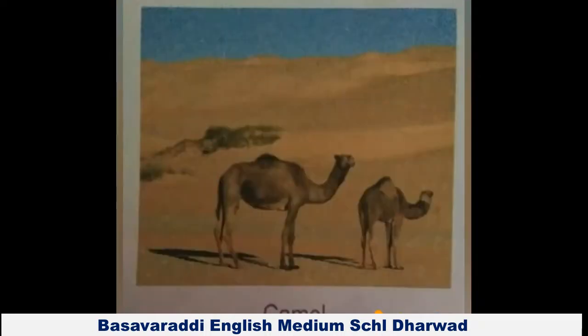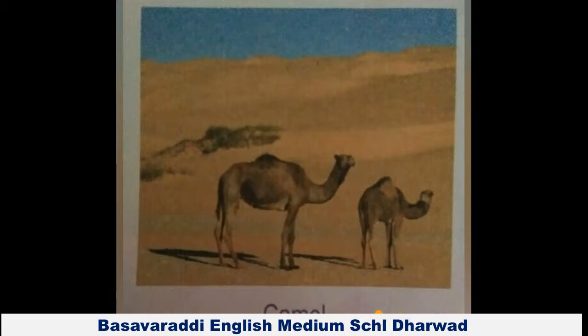The climatic condition of the Thar Desert. The Thar Desert is hot and dry. On a hot summer day, the temperature can go up to 50 degrees Celsius, children. In winters, it can be less than 10 degrees Celsius. Therefore, it is difficult for plants and animals to survive here.